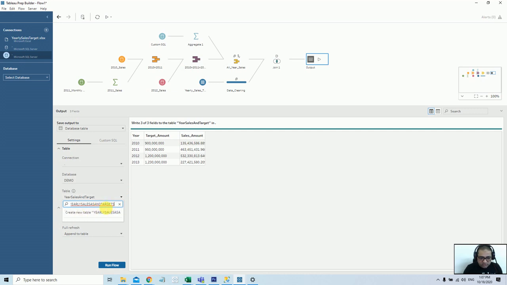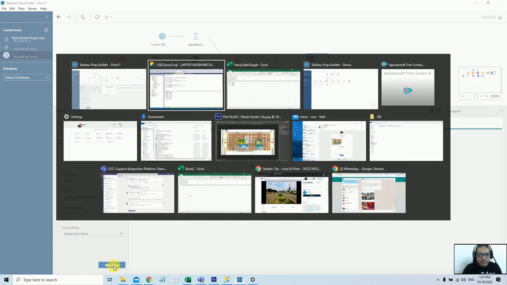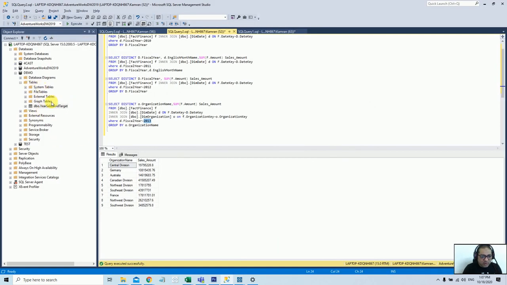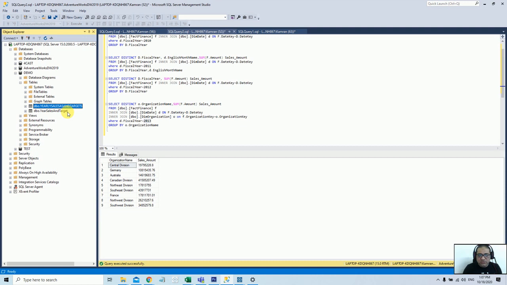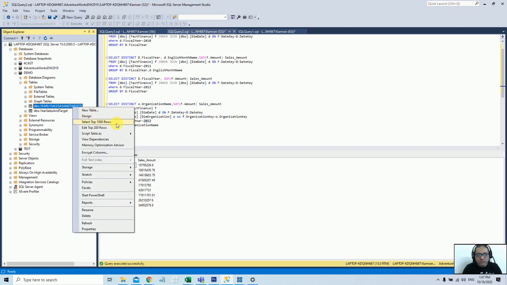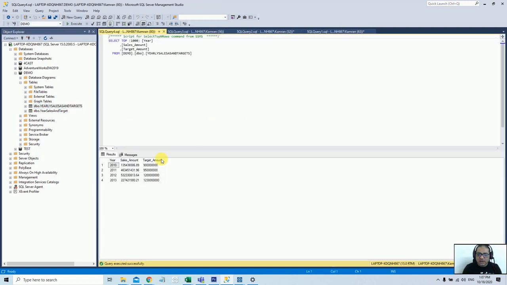So if this table does not exist, it will pop up this option to create a new table. Just click on this, it automatically creates the table for you, and in the end, once it's done, you can just run the flow. You see here currently there is no table. This was the previous table that exists here, and now if you just refresh this database, you will have another table which we recently created. And if you just go here and run it, it will show you the data.